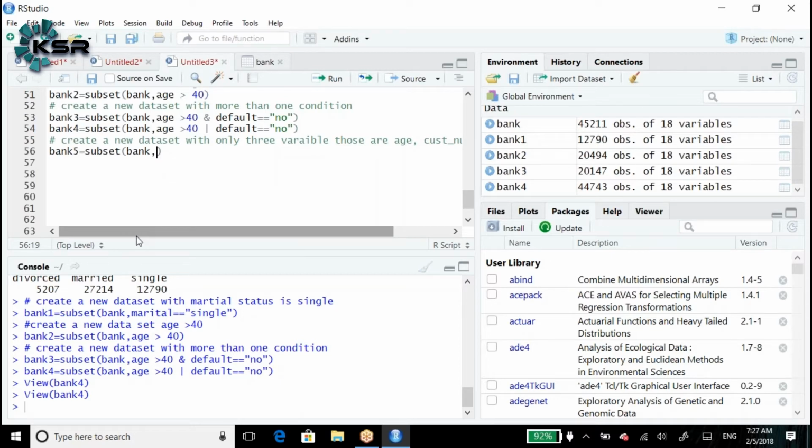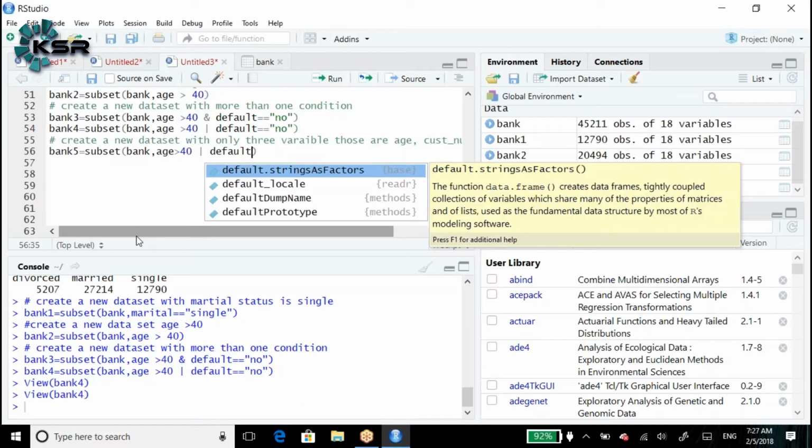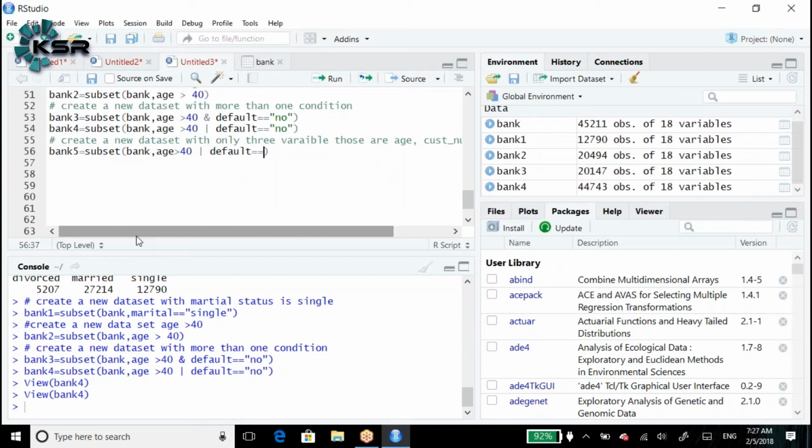First let me apply the conditions, where age greater than 40 or, pipe symbol, default is equal to no, comma. We need to select the variables, right? How many variables do we need to select? 3 variables. Select is equal to c of the variables.